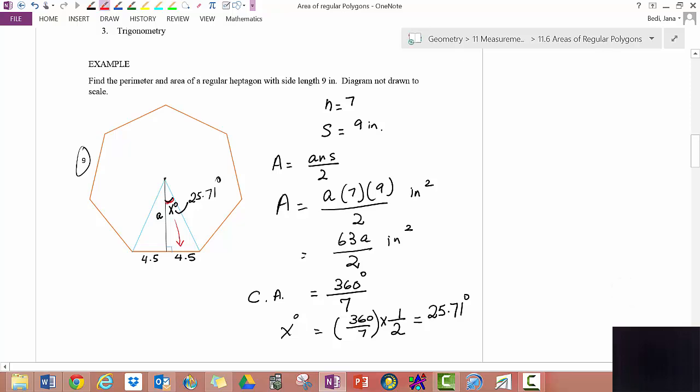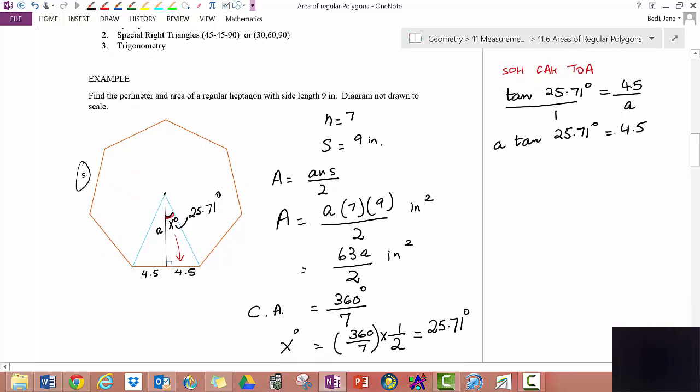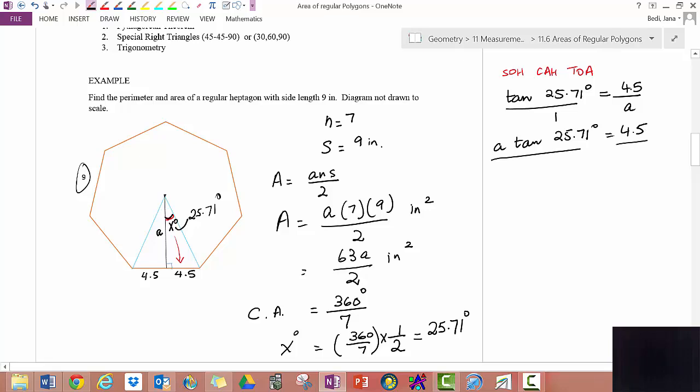So I'm going to write my SOHCAHTOA here. And I see that since I have opposite and adjacent, I will use tangent. Tangent of 25.71 degrees is equal to 4.5 divided by a. Cross multiply, you get a tan 25.71 degrees equals 4.5. To solve for a, divide both sides by tan 25.71 degrees. So this cancels out, you get a equals, and if you do that on your calculator,